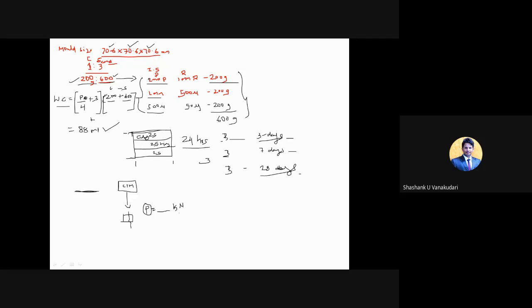This load you will be noting down, and then you will be knowing the formula for strength, that is compressive strength, that is load by area, correct? It is P by A. P is in terms of kilonewton, area in terms of mm square. Area you will be knowing, that is 70 by 70, and you can consider the same area here, and then you will find out the compressive strength in terms of Newton per mm square. So this is the procedure of the compressive strength. So you will come to know in this way.